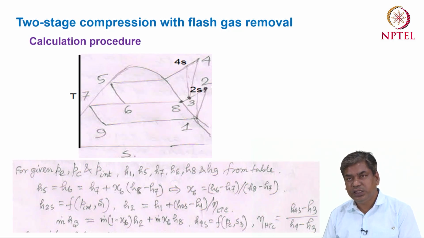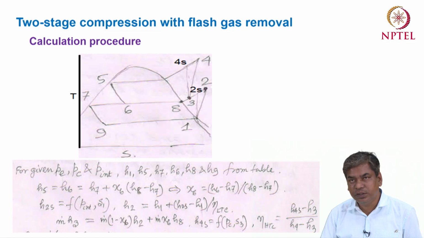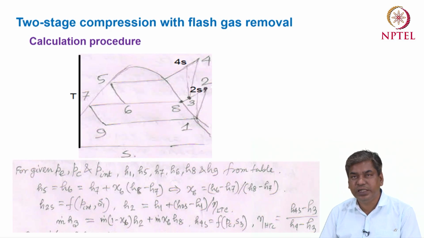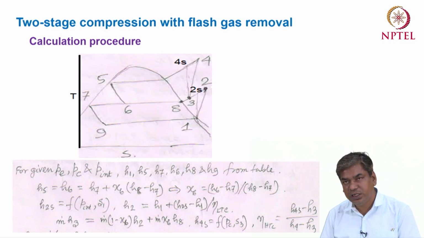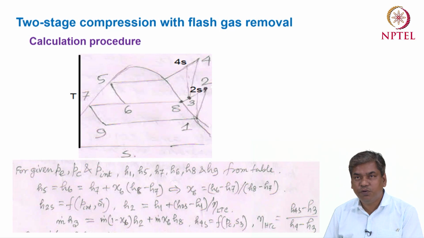So now the state point 3 we have to calculate. To get the state point 3, we can use the energy balance or the liquid vapor separation after the first expansion device. So that means at point 6 we have to calculate what is the dryness fraction. Okay, so at point 6 the dryness fraction, x6, represents the fraction of vapor portion, and 1 minus x6 represents the fraction of liquid portion.